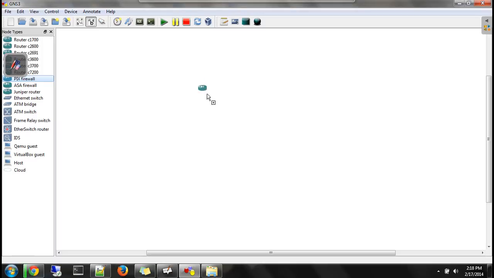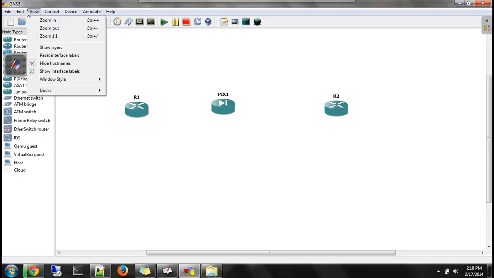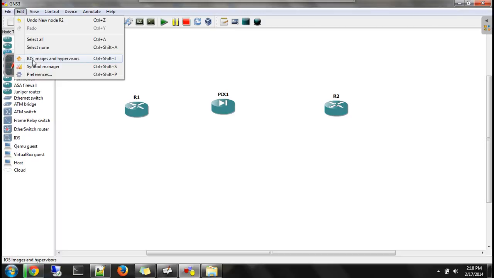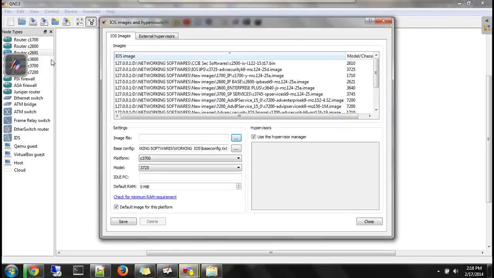Go back to GNS, drag the firewall into the workspace. Your firewall will work. Fine. Then take two routers. Again, if you don't know, you need to go to edit, under edit go to IOS images and hypervisors.